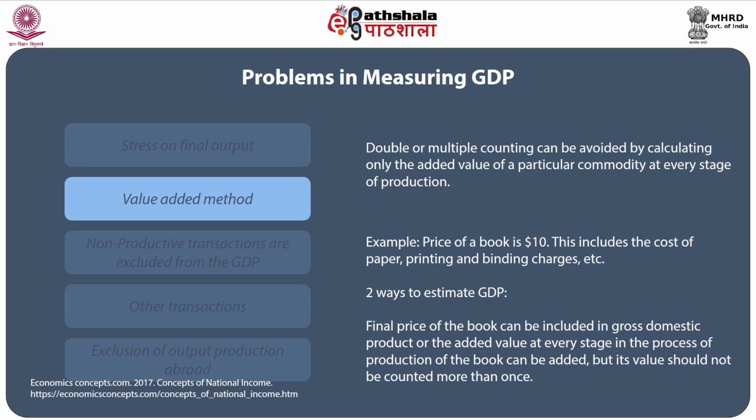While estimating the gross domestic product, there are two ways. Either include the final price of the book at one time in gross domestic product, or add up the added value at every stage in the process of the production of the book. But you are not to count the value of a thing more than once. From the following example, it can easily be understood how the danger of double or multiple counting can be